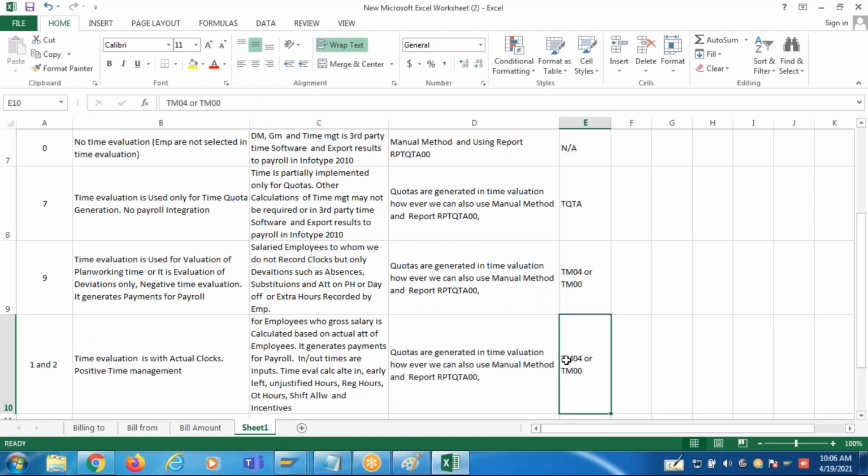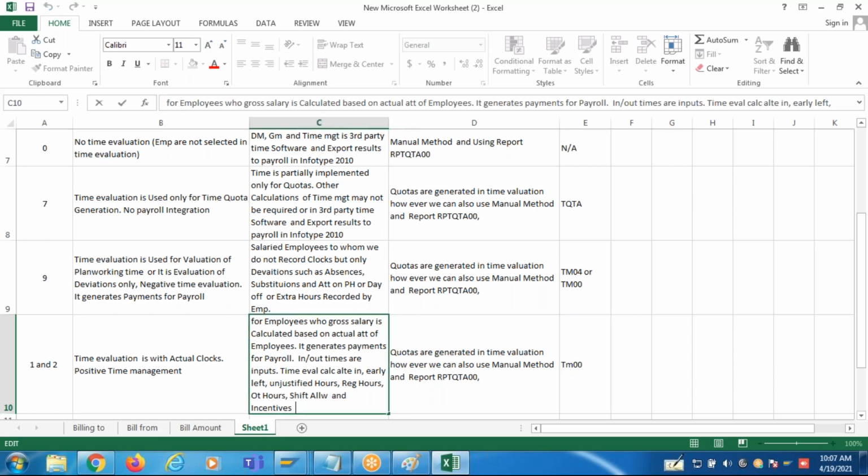Okay, so here the time status is basically for hourly employees, guys. Usual for hourly employees.